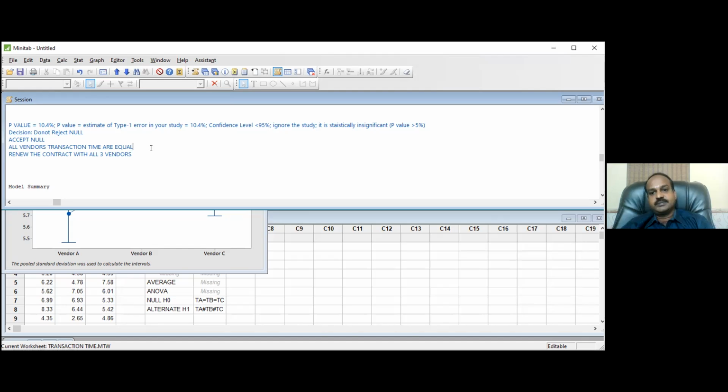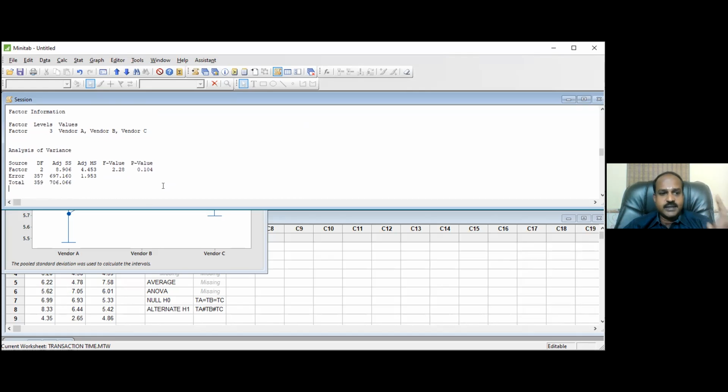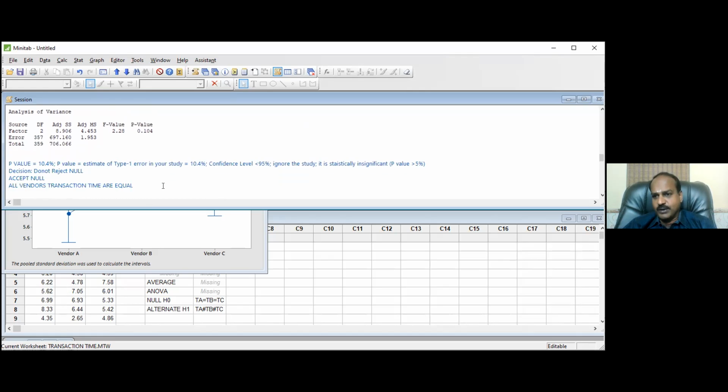So don't worry about all the calculations that are happening in the background. We want to teach you, but we don't want to confuse you. So first digest this, then come to us again. Probably on January 8th, we are starting a batch exclusively for black belt. At that time, I will teach you how the calculation works for p-value and f-value. Then I'll teach you everything, whatever numbers are written here. Once you learn that, only then will you believe the power of all the tools.